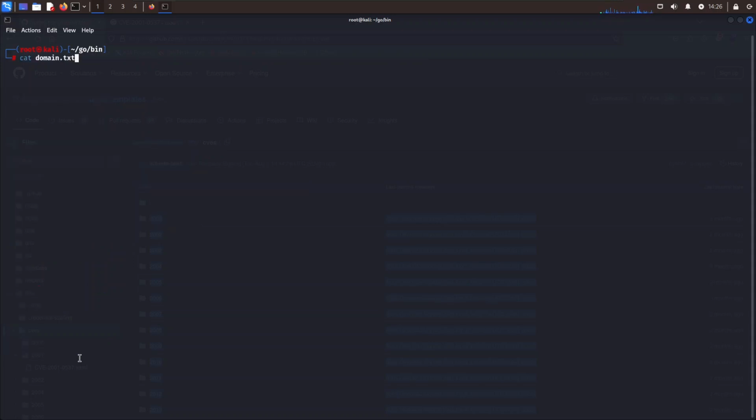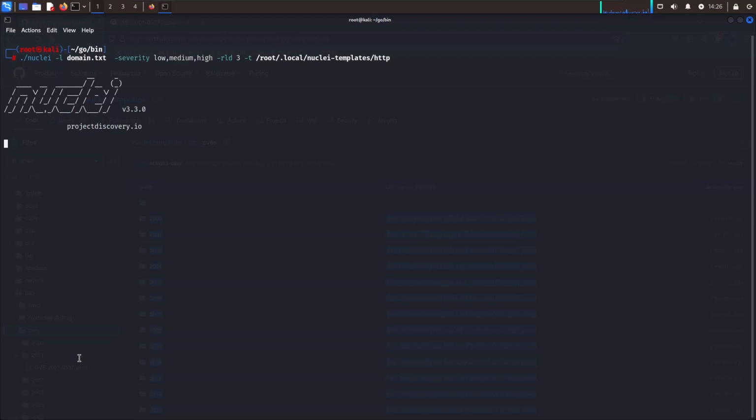So we can make the tool check the file, this, or all the URLs at the same time. We're just gonna replace this flag with the L and put the file. So let's say here,